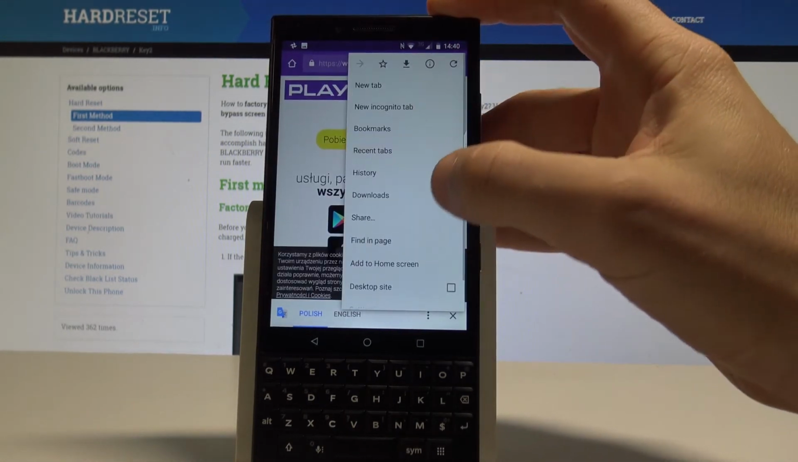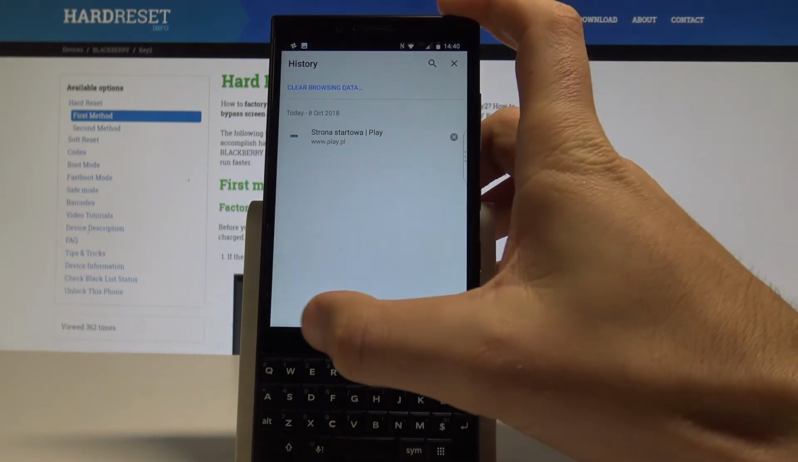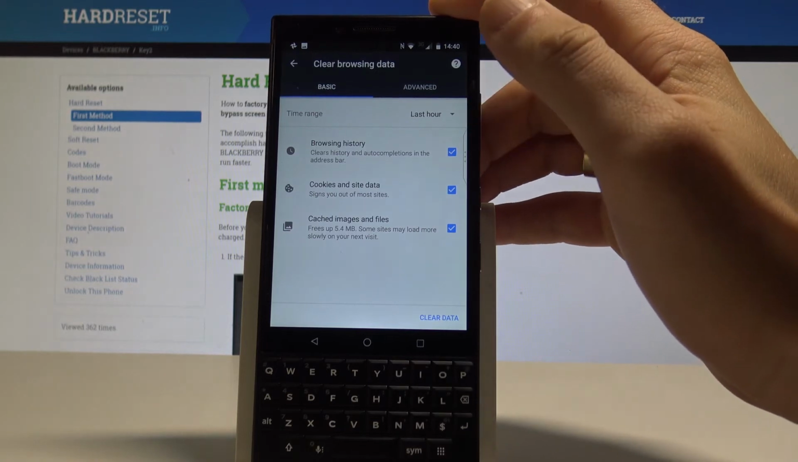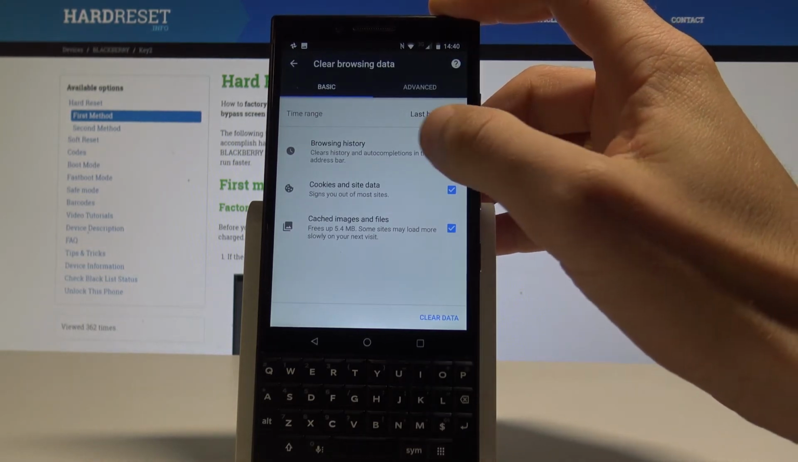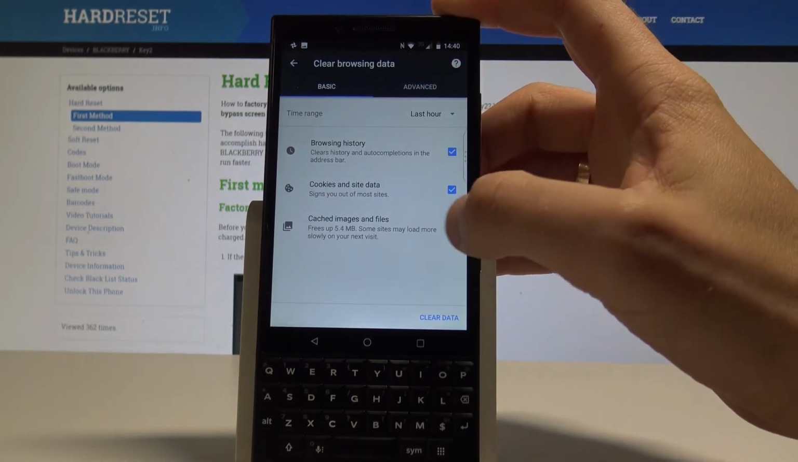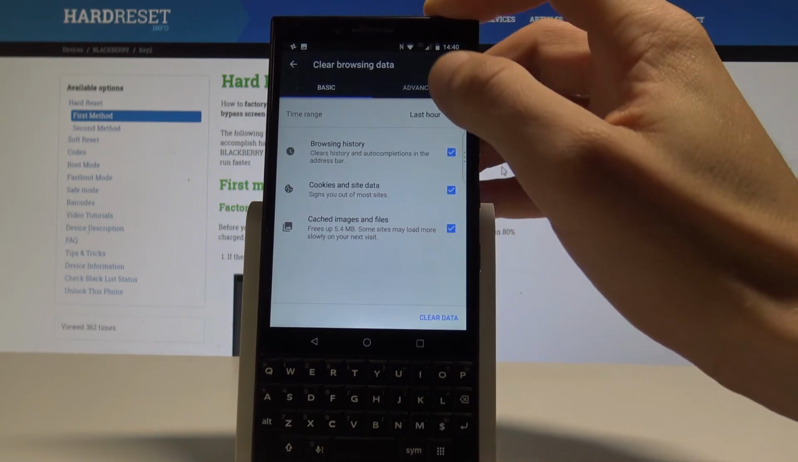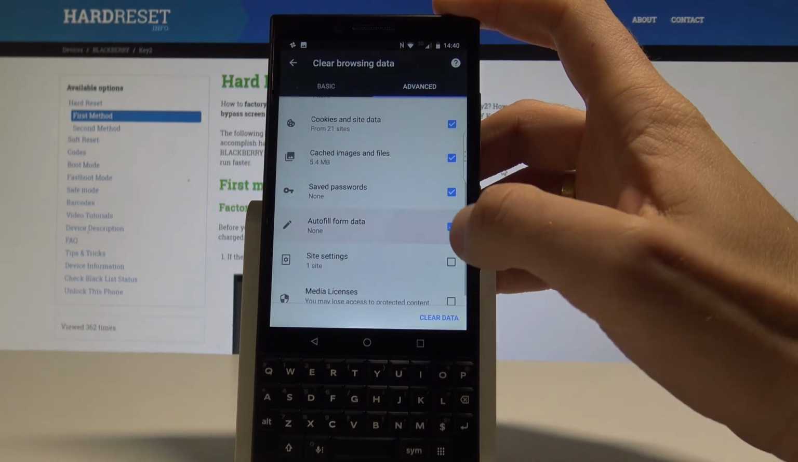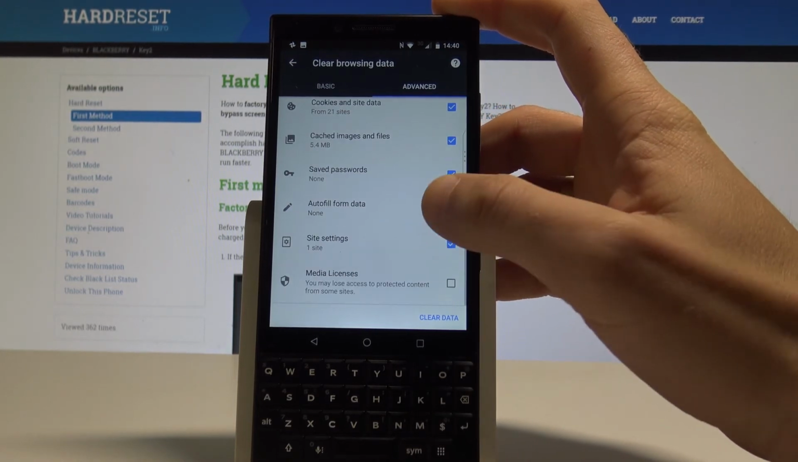So let's use the more key, choose history. And here let's choose clear browsing data. So here you can clear some basic stuff such as the browsing history, cookies and sites, and cached images and files, or you can choose advanced, and here you can also clear passwords, autofill form data, site settings, and media